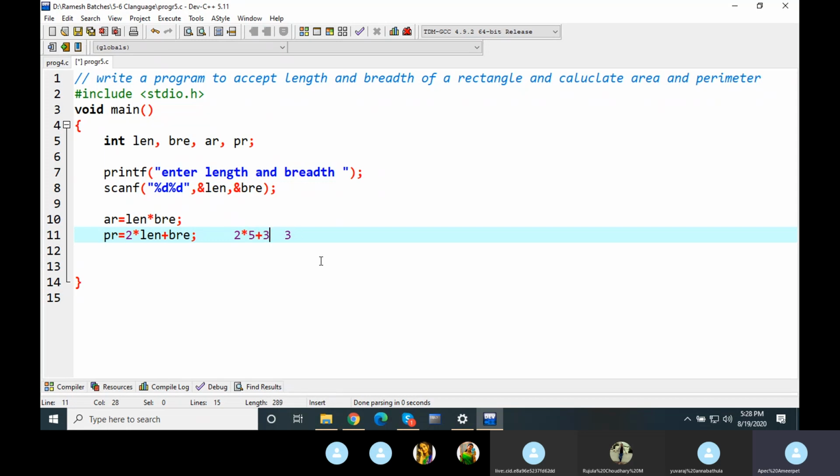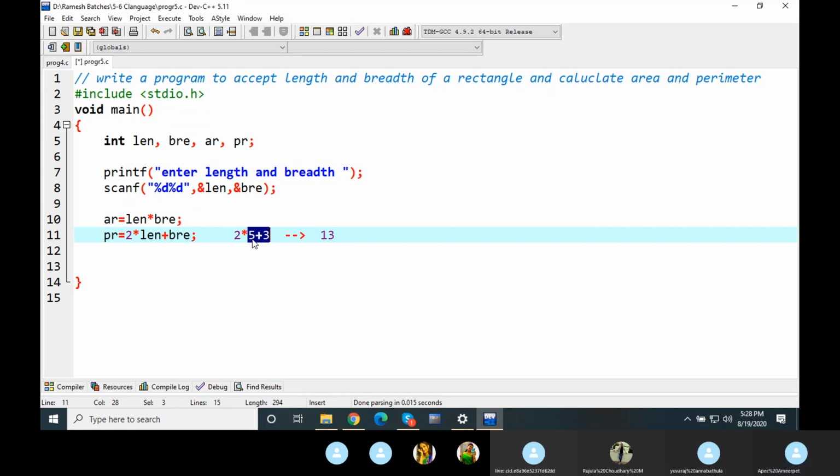What will be the result? 13. This is going to be 13. But is the answer correct? No. This is supposed to be length plus breadth, that is 5 plus 3, 8. 8 into 2, 16. 16 should be the correct answer.